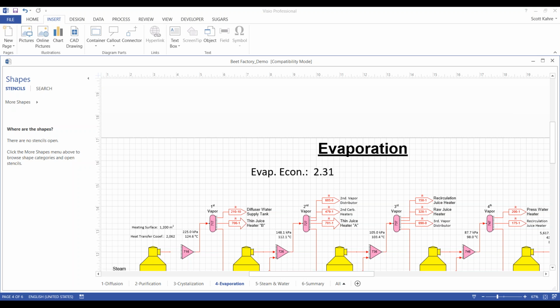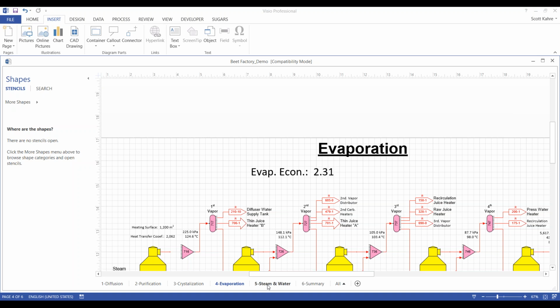Okay, so there's one more thing that I want to talk about briefly here. And this is, what if I want to do one of these custom calculations, but the parameters that I want to use come from flow streams or stations that are not on the same page of the model, okay? And this is a very, I want to call it a little bit of a backhanded trick that Visio has done to us. It requires us to do something a little different that's kind of tricky. So in this case, we're going to